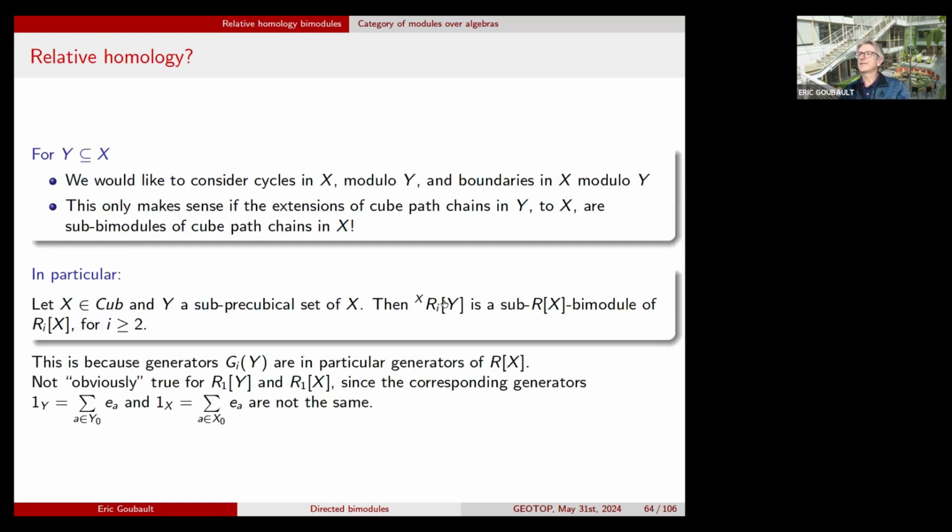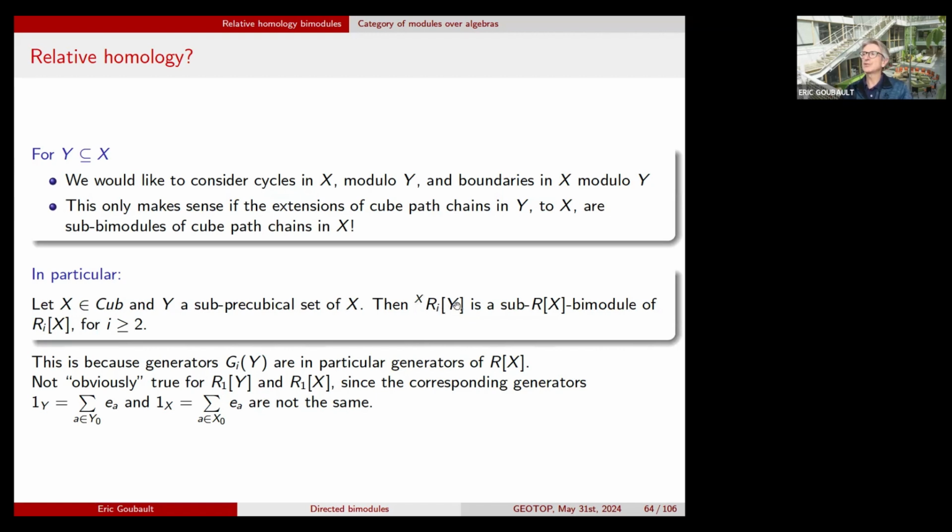And then this gives rise to a natural relative homology in a very simple setting, because we've seen that these chain complexes of bimodules are made up of free bimodules of the algebra. So we know that if we have an inclusion, the relative homology is about relative pairs, about inclusions of space Y into X. So of course, we are almost there with this description. We know how to extend the coefficients to the path algebra of X, given a module over the path algebra of Y, except, okay, it's not quite true that always the extension of scalars of